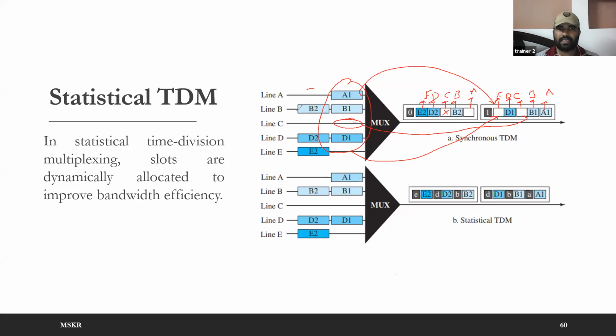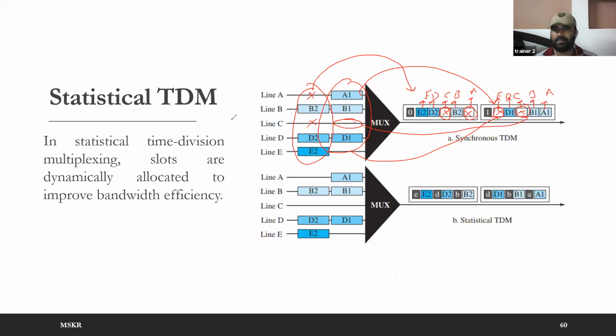In the second instance, the second frame, A has no data, C has no data, and D, E are there. So like this, if you look here, these 4 slots are wasted